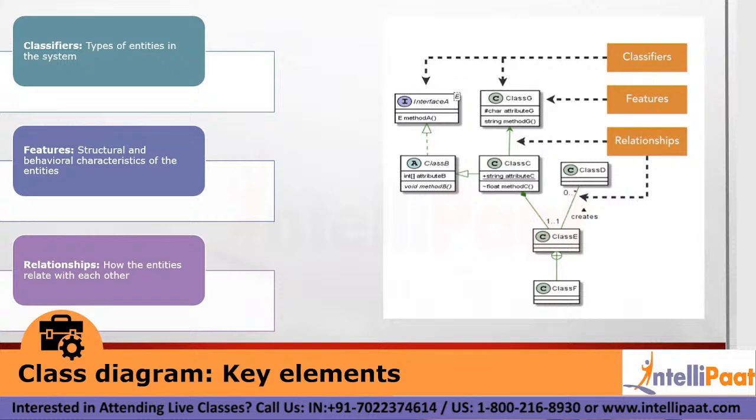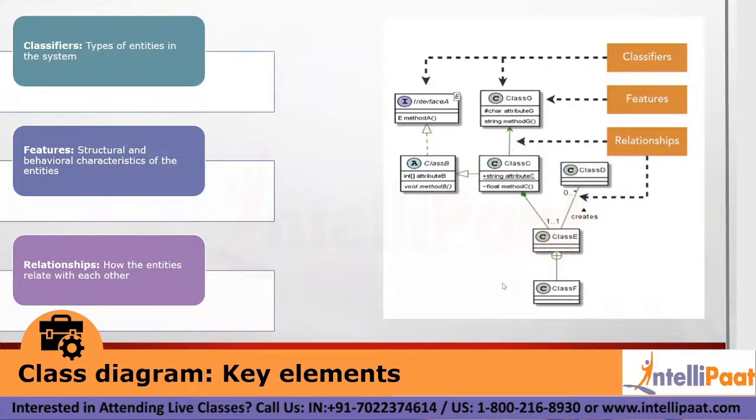Now, what do these classes do? What are the features they are offering? What is the behavior of these entities? That is known as the features of that particular class. And those features are represented in the second row. So the first row is the classifier, which tells you the class name. The second row is the feature, the behavior of those entities, and the lines that you see talk about the